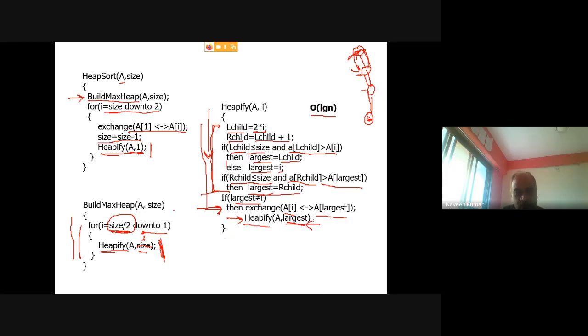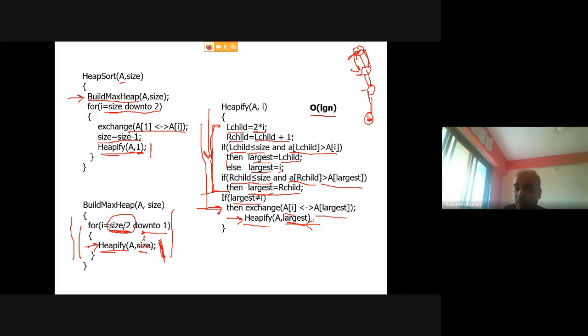Now find out the cost of this build max heap. Maxi operation cost. So if this heapify takes log n time, you need to call this. So size will be, assume it is n, right? n by 2 down to 1. And you are calling n by 2 times. In the worst case, n by 2 times you are calling this log n cost, right?